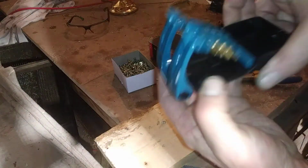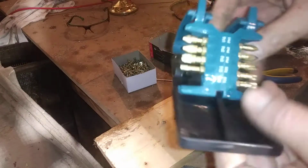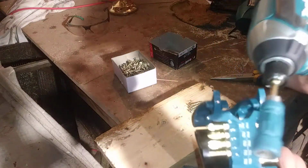It pops open, various bits and pieces on there. I'm just using that. It comes with that. So yeah,